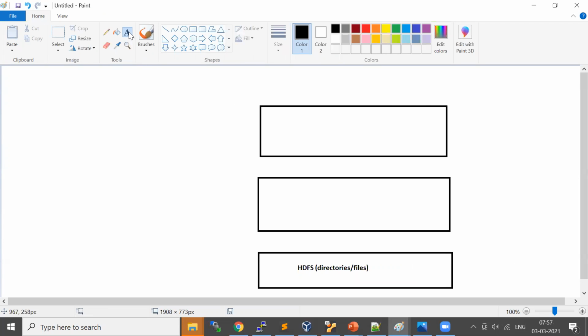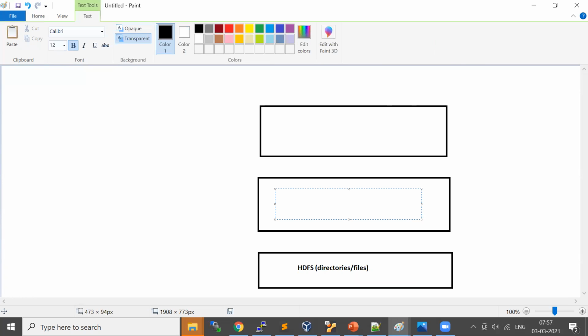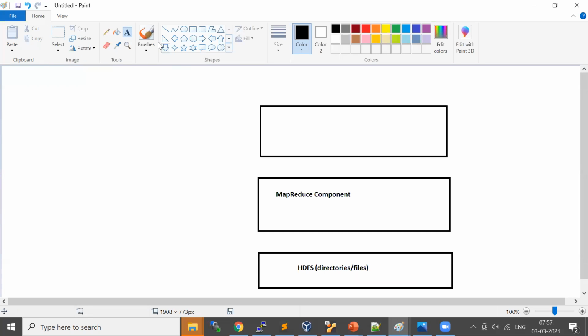Then you will have a MapReduce component. Right, then you have Hive here.